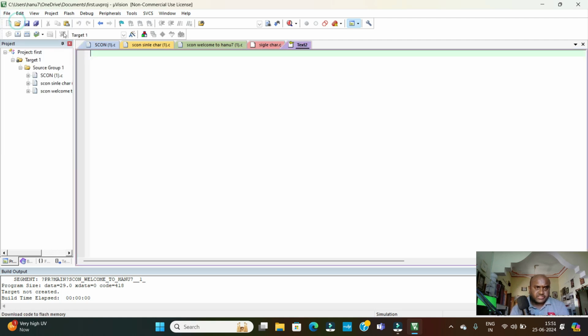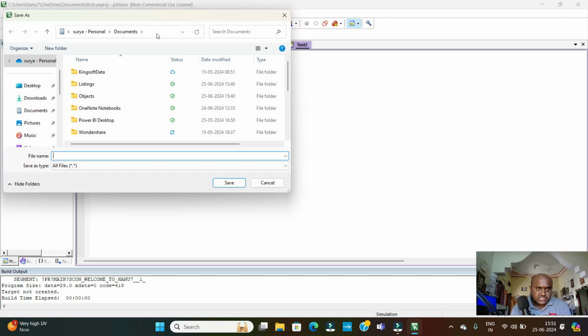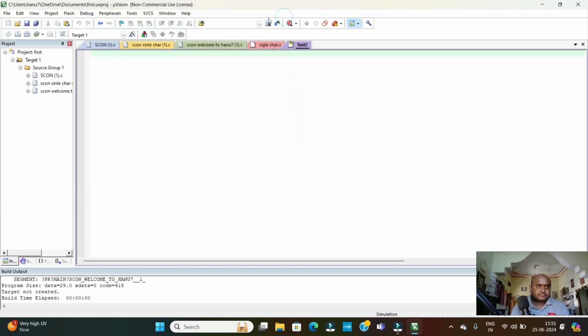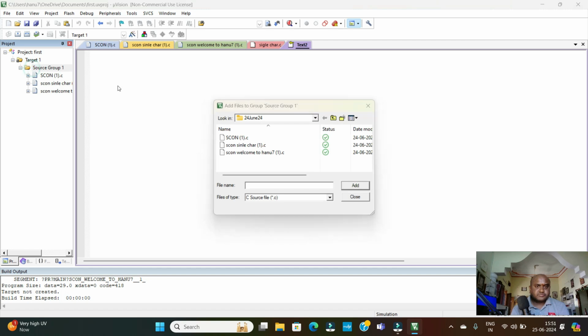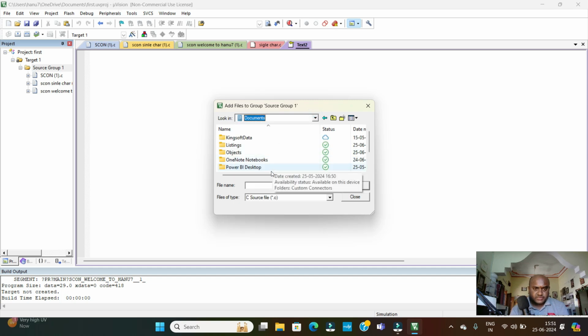We will check where the file is getting saved. It is getting saved in Documents, under OneDrive Documents. So click on the source group and go to that folder only, Documents, and type